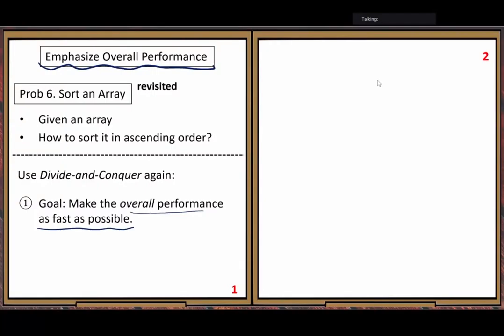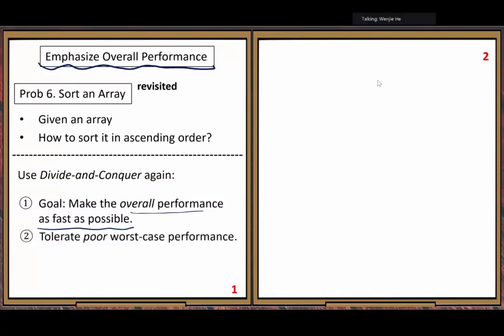Okay. So when we design the algorithm, we just want to use a completely different method in order to get a new algorithm with different properties.